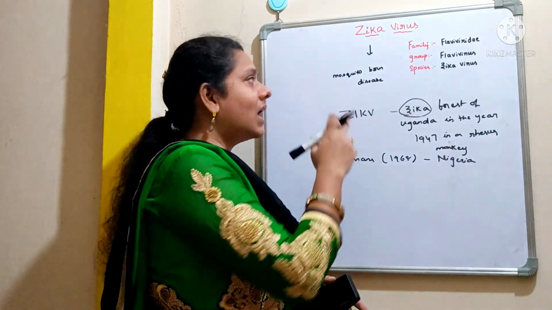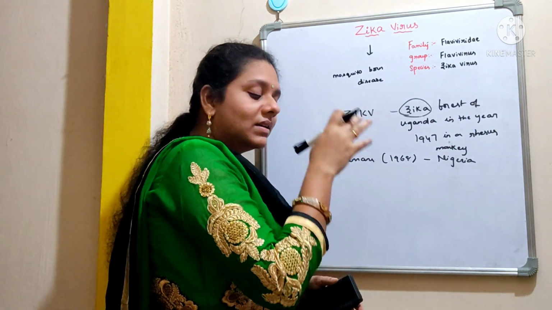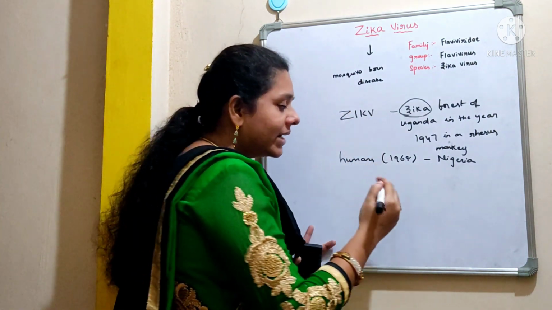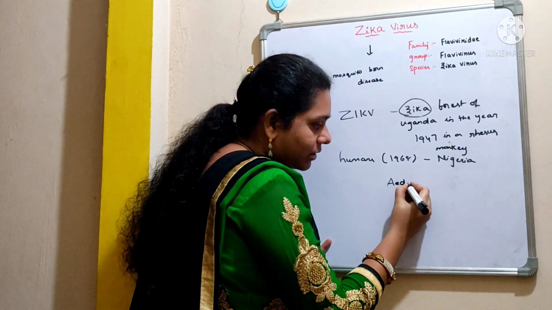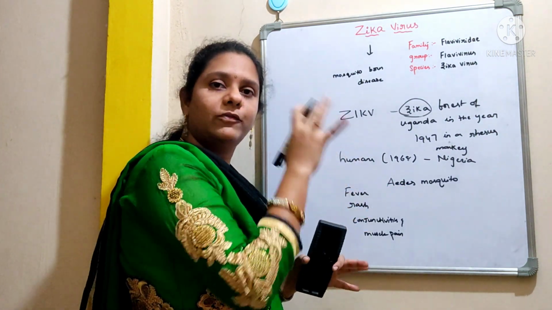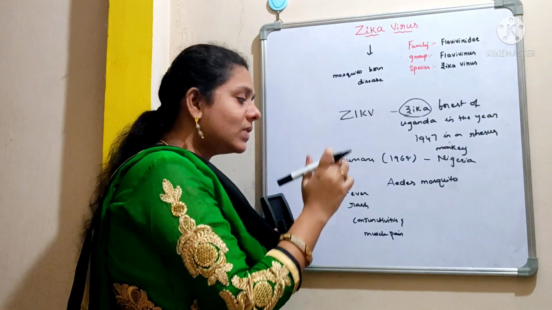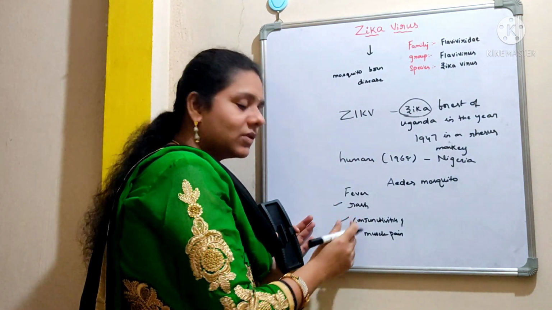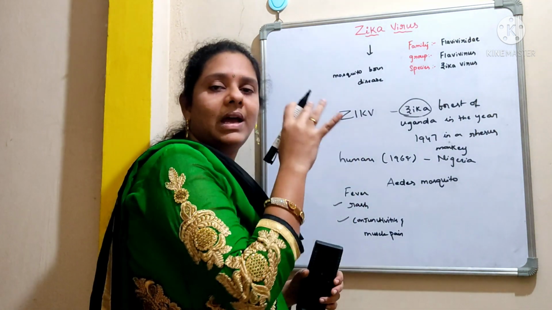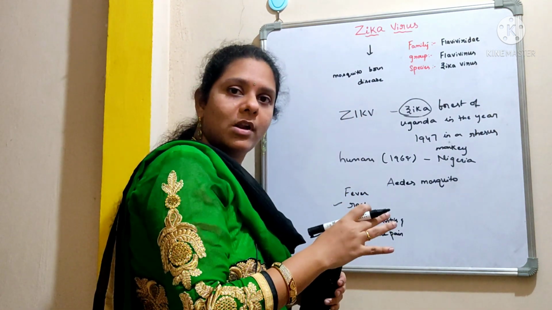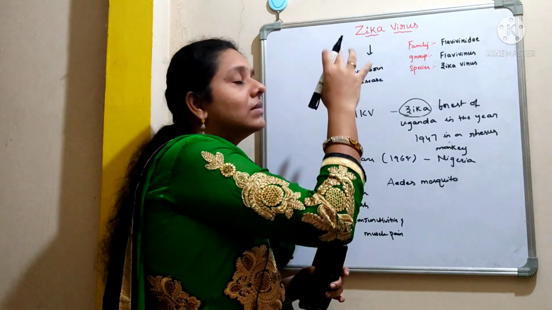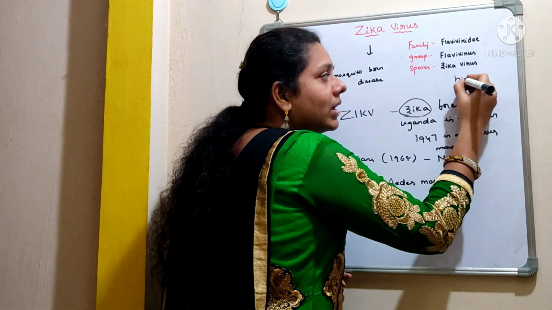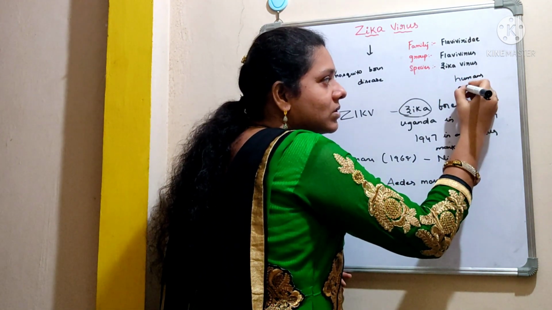As I already mentioned, this is a mosquito-borne disease. This disease is transmitted from one person to another through the bite of an infected Aedes mosquito. When a person is infected with this virus, he usually exhibits symptoms of mild fever, rash on the skin, conjunctivitis and also muscle pain. As these viruses are not capable of replicating outside the host, this Zika virus replicates within the host of several species including humans, mosquitoes,